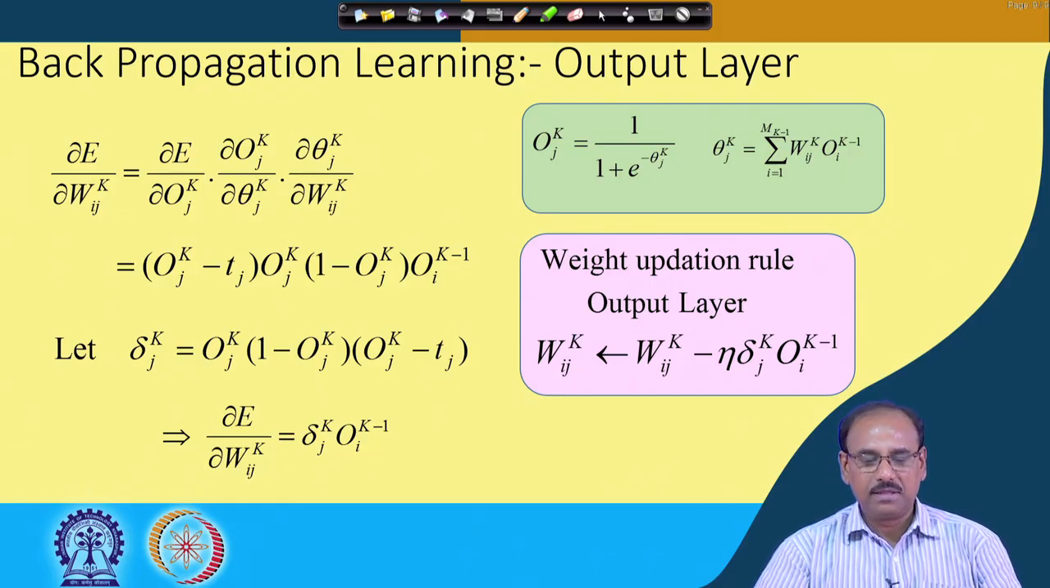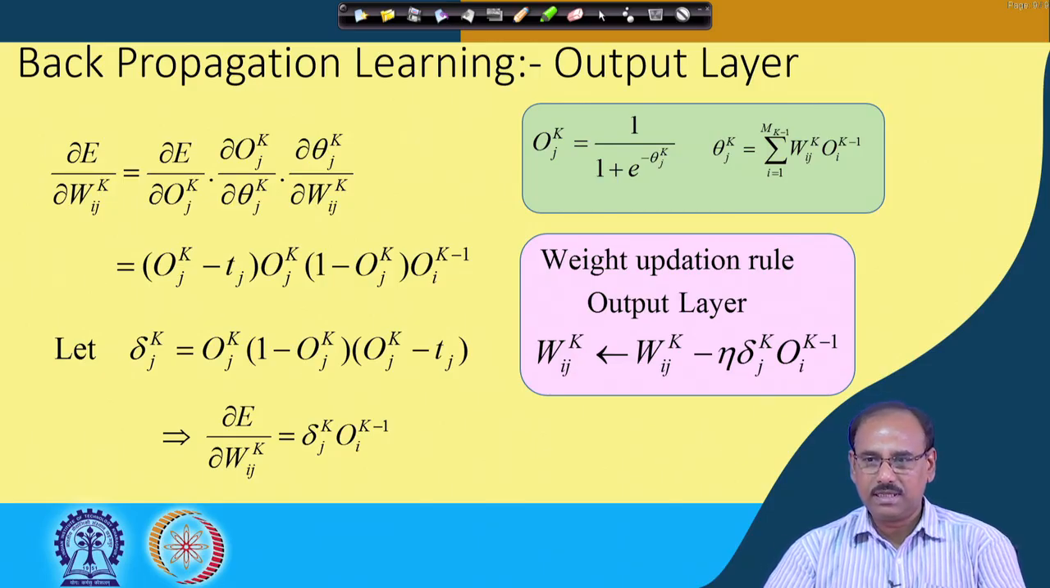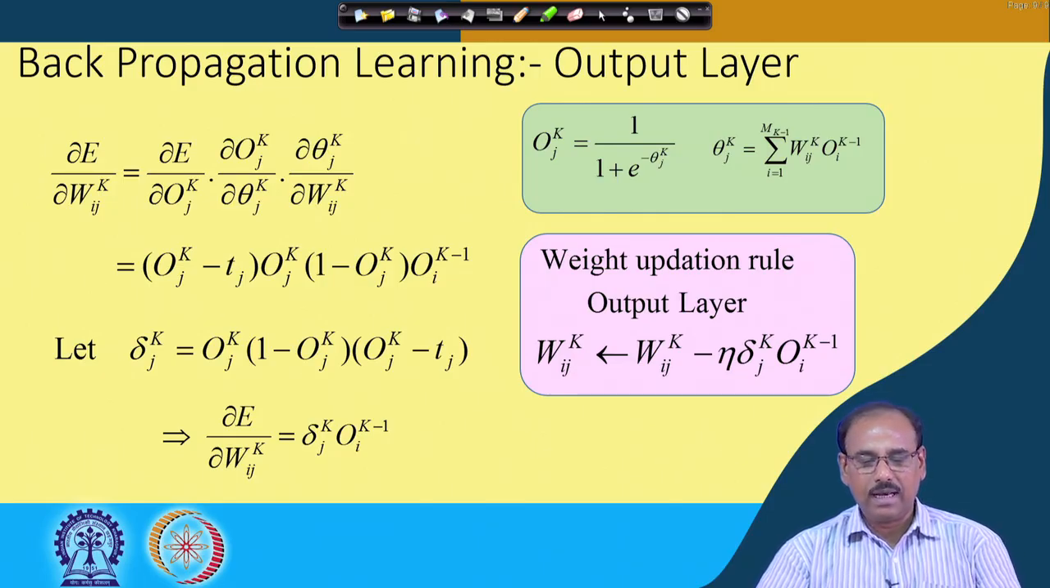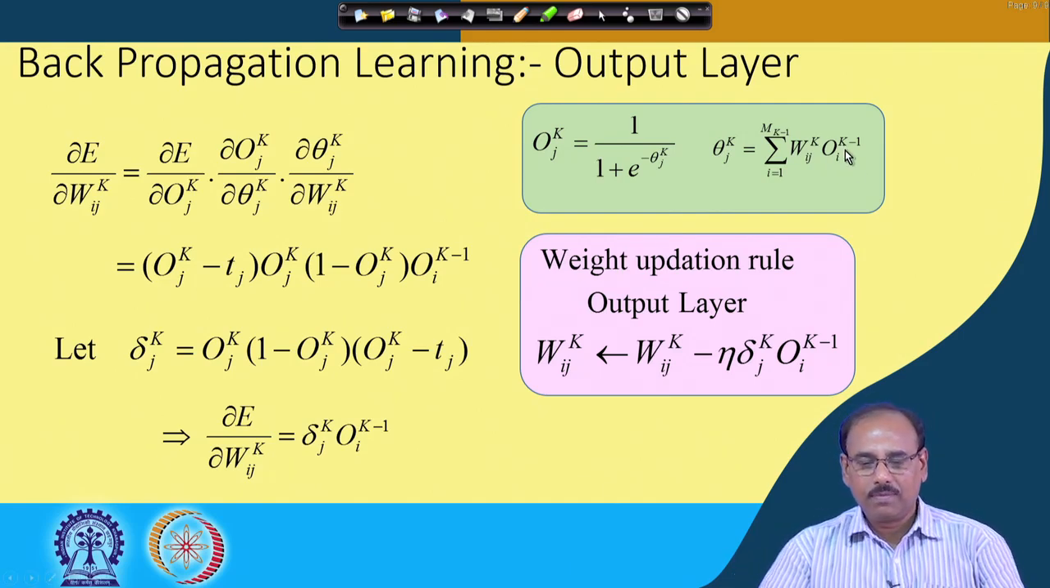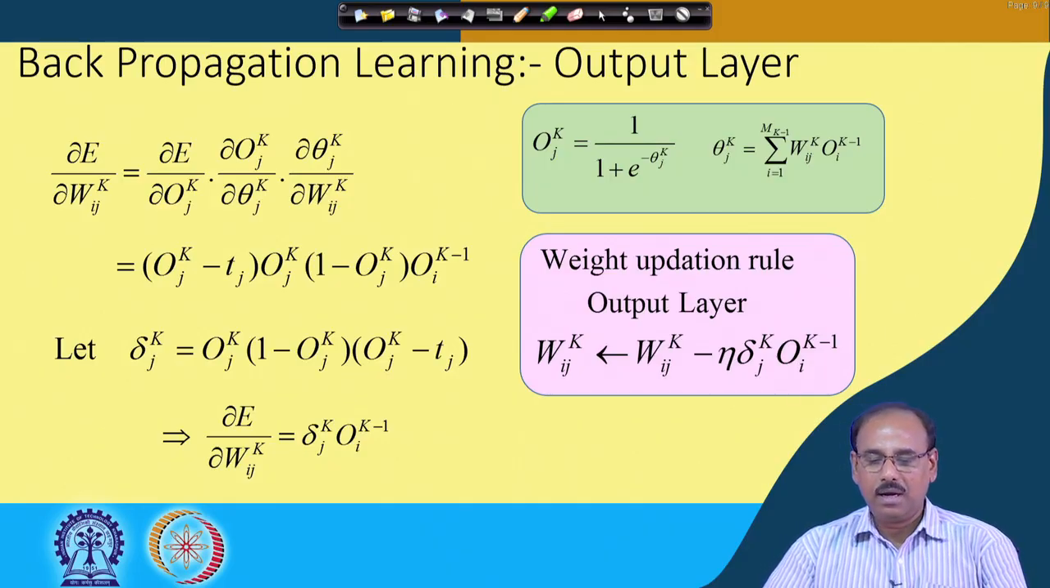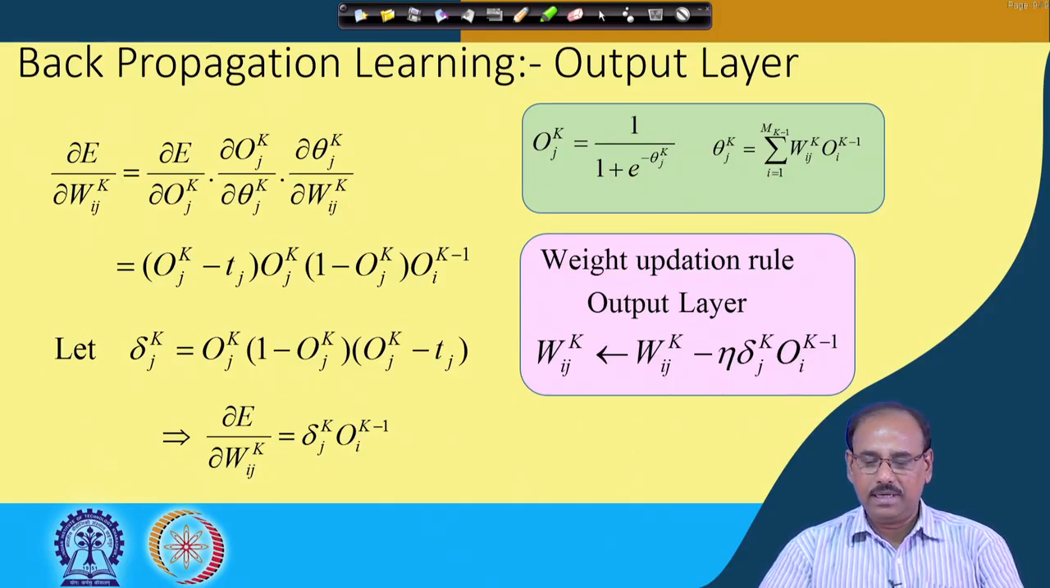times del Ojk del theta jk. If you remember, Ojk is nothing but the sigmoidal function of theta jk. So, it is del Ojk times del theta jk, and theta jk is the weighted input or weighted sum of the inputs at the jth node. So, that is given by the sum of Wij times Oi^(k-1). So, the last component in this chain becomes del theta jk del Wij, and if you compute this, you find